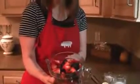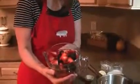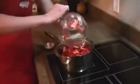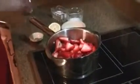Now we are going to be making our berry mixture. I have about 4 cups of mixed fresh berries, and it's a mixture of strawberries, blackberries, and raspberries. 3 of my favorites. So we're going to put the 4 cups in a saucepan. And we're going to put in 1/4 cup of sugar, about